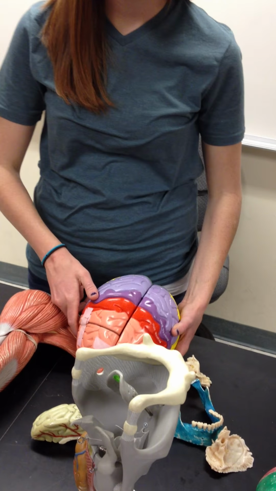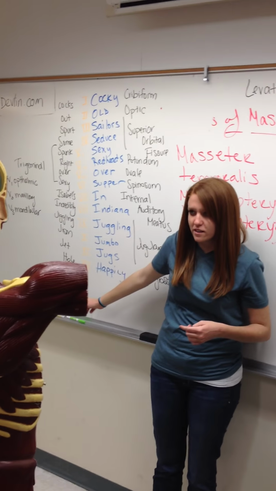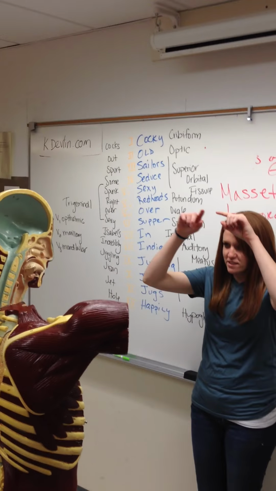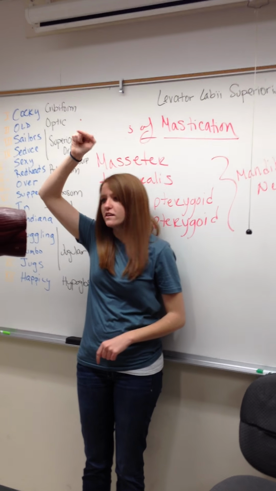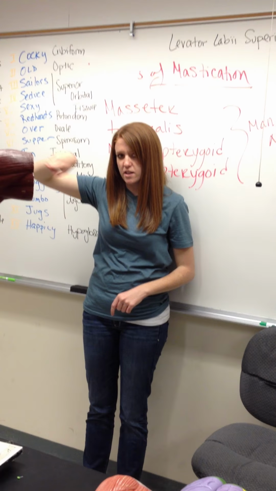So on the skull, if you have memorized what the numbers of the nerves are, and then you have memorized the order of the foramina by their names, just going down through the skull, right? You got cribriform, optic, superior orbital fissure, rotundum, ovale,